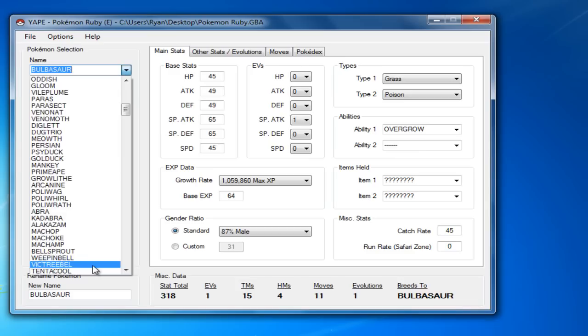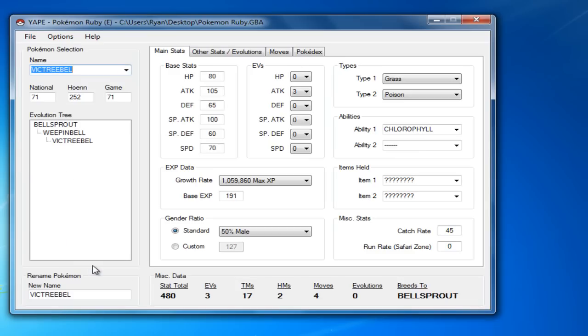There he is. Kind of weird that I'm having a big problem with remembering what number in the Pokedex the Pokemon I'm hacking is, but whatever. Victory Bell, first thing we're going to do is start off by changing the name. Now, it's something that I probably should tell you about Pokemon. In Pokemon, unless you haven't noticed it, because this is something that I've noticed a lot of Pokemon hackers do. To make this more authentic and make it look more realistic, I should tell you that Pokemon uses caps in all of the names. So just hit your caps lock,